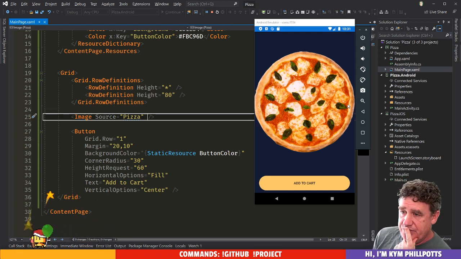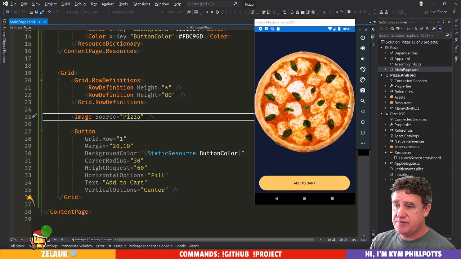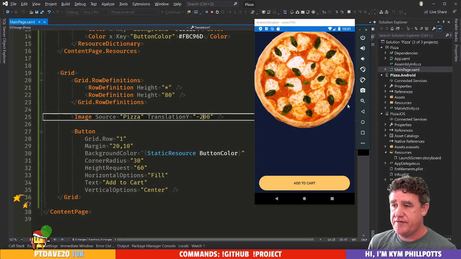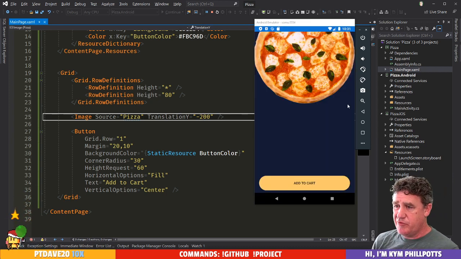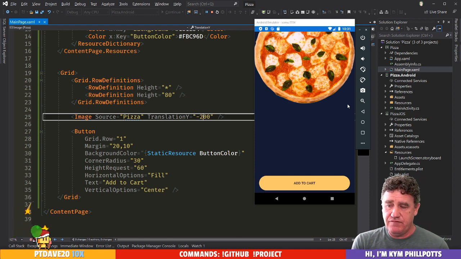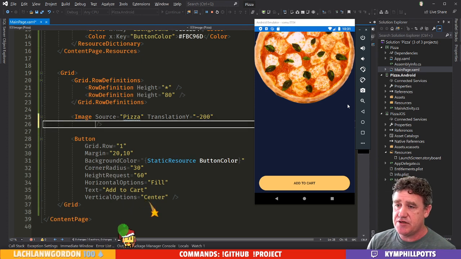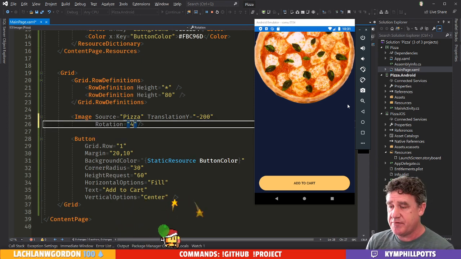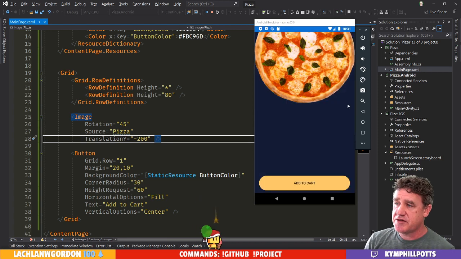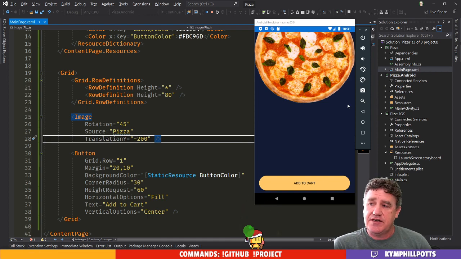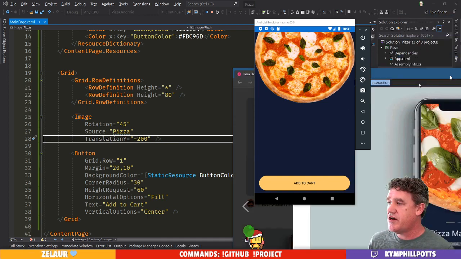So now one way we could do it, right? We could say translation Y is like minus 100, 200, whatever, right? We could do that, and then we could move it down via those translations, and we could apply rotations to it as well. So we could say rotate it by 45 degrees, which is pretty much going to look the same except rotate a little. So we could definitely do that, but given the UI that we're trying to recreate here